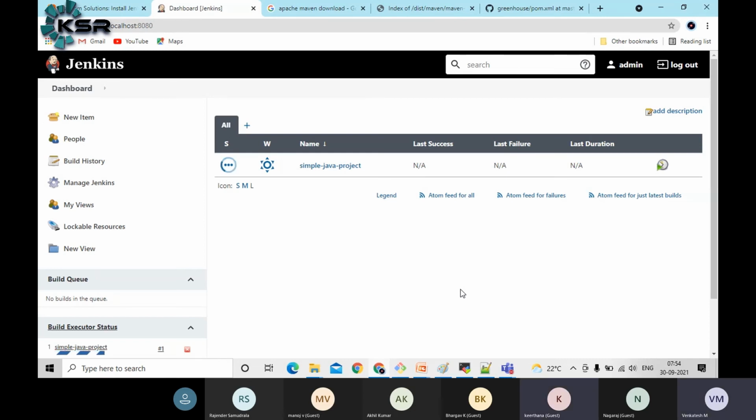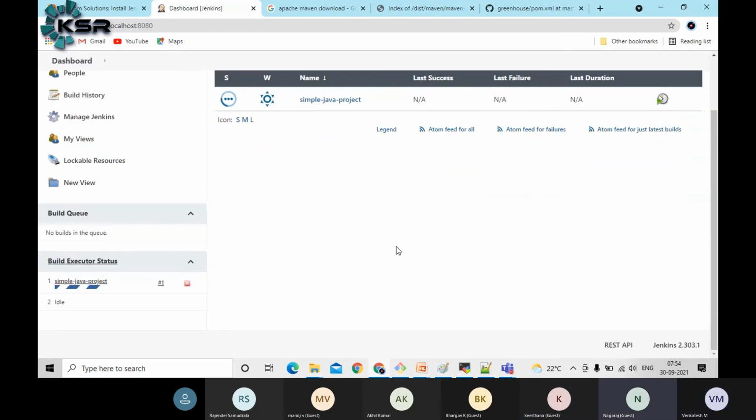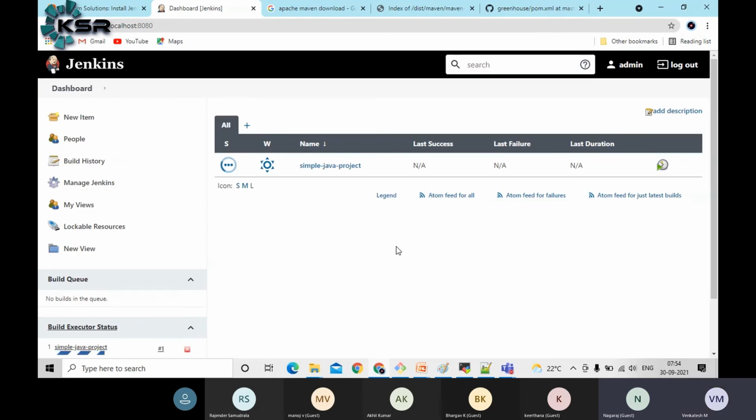What about other languages, like .NET? Are we using any build tool there? For .NET there is MSBuild, I think, if I remember correctly. I am not going to cover .NET, but Node.js and these other things I will cover in our sessions. Please cover Node.js and the most used tools. Yes, that part we will cover; for different programming languages we'll try to compile them. Don't worry. Thank you.